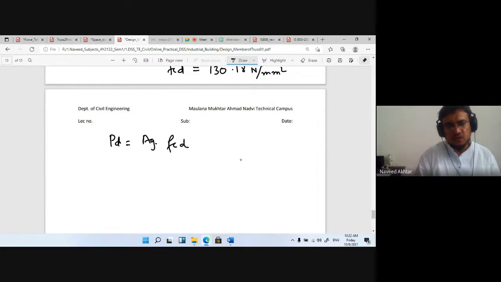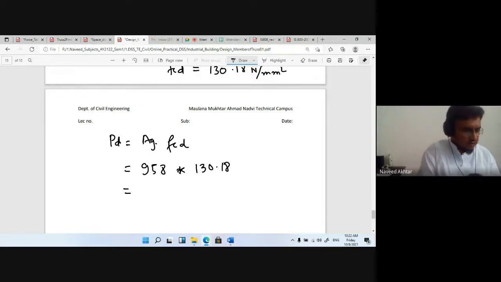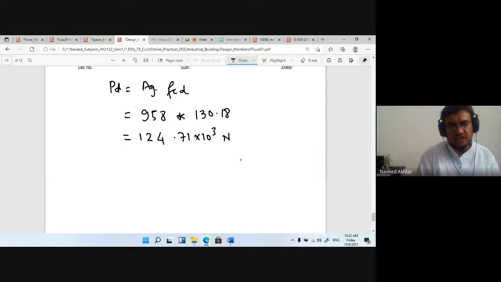Okay, so AG is 958. FCD we have calculated 130.18. It's coming 958 into 130.18. It is 124.71 into 10 raised to 3 Newton. If you convert it into the kilonewton, it's 124.71 kilonewton, which is much greater than